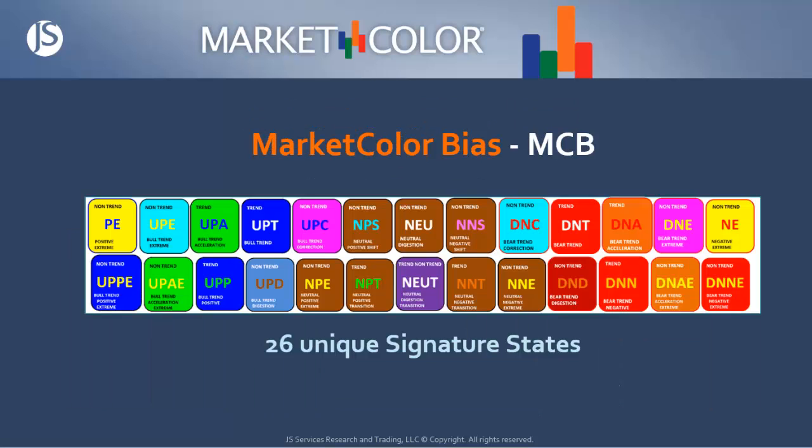Most traders view the market as binary, black or white, trending or non-trending condition. JSServices adds color and creates a picture by classifying 26 unique signature state conditions. The market color bias provides deeper insight into the characteristics that should be anticipated to influence price action. This awareness provides clarity in determining when market states are changing, so tactics can be optimized by aligning with real-time